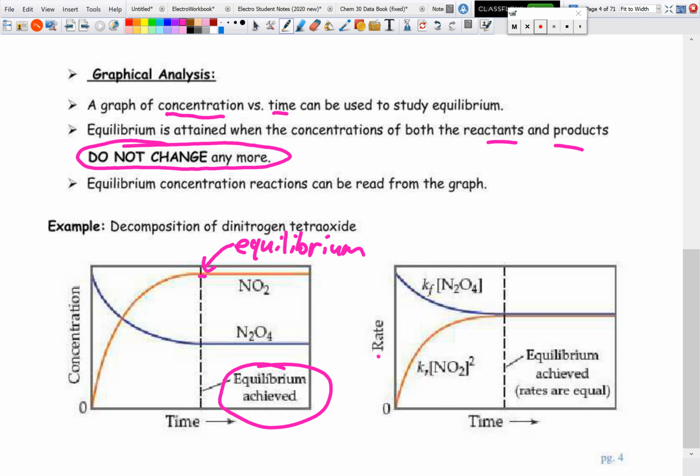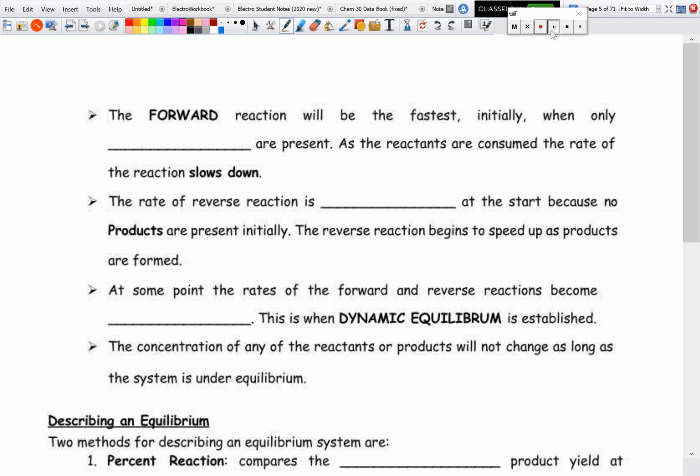Now, there's another way you can graph this as well, and this is when we look at the rate of a reaction over time. We're not going to learn how to calculate rate; this is more of a university level chemistry thing. But you'll notice equilibrium is established when the rates of both reactions are exactly the same. And going back to what those graphs actually mean, with the rate and the concentration, initially the forward reaction, the decomposition of the dinitrogen tetroxide, was the fastest when only the reactants